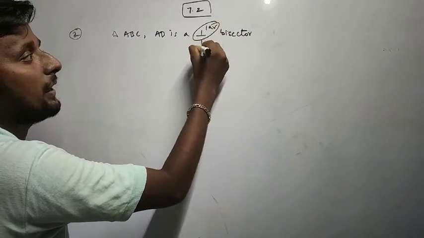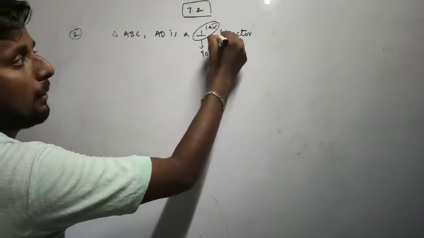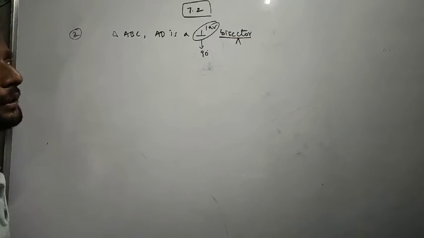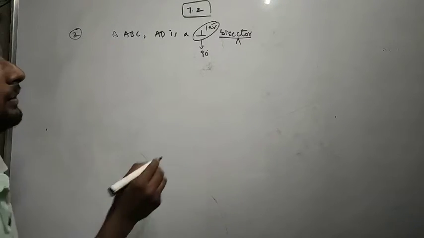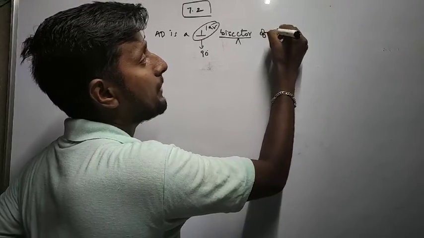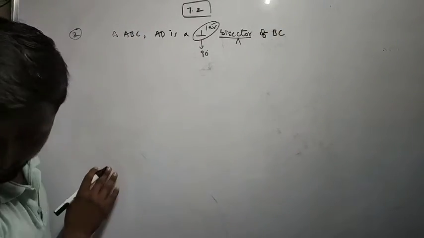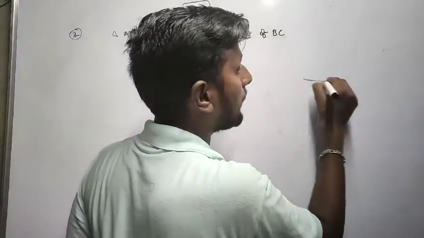Perpendicular means it's making 90 degrees angle. Bisector in the sense it's dividing angle into two equal parts. Okay. Not only angle, bisector of BC. Yeah, that means it's dividing BC into two equal parts. Simple. So if you draw the diagram, beta,